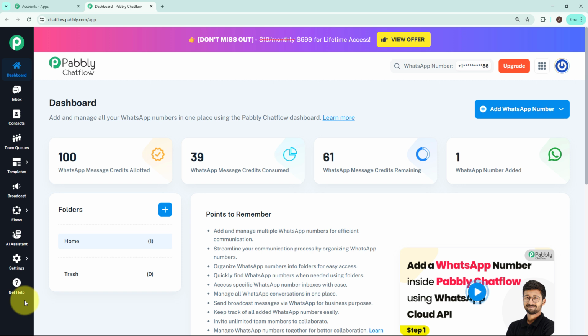Then we have flows, where you can create and manage your chatbot conversations and create chat flows. Then we have AI Assistant, a feature to integrate AI-based smart responses, making your chatbot more interactive and intelligent. Then we have settings. It manages your account preferences, chatbot settings, integrations and notification options. From Get Help, you can access support, documentation, FAQs or options to connect Pabbly customer service if you need any